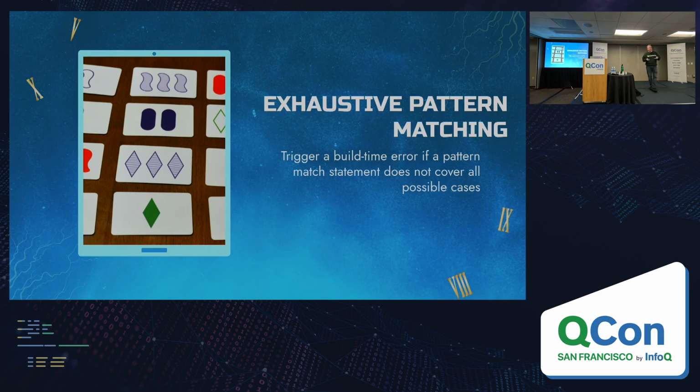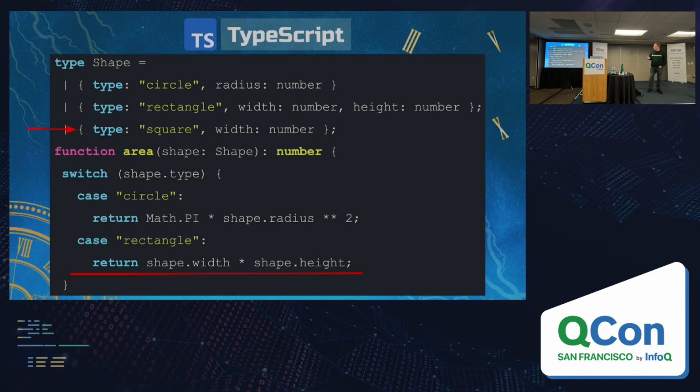This is why algebraic data types are important, because we want the compiler to know all of the legal types that are available, right? Most of the languages that have this stuff have support for an exhaustive pattern match statement. Not all of them have it enabled by default. In TypeScript, you've got to turn that on as a compiler option. But if you turn it on, then this becomes an exhaustive pattern match statement. What that means is if I go to modify the definition of my shape type, and I add a third one in here called square,